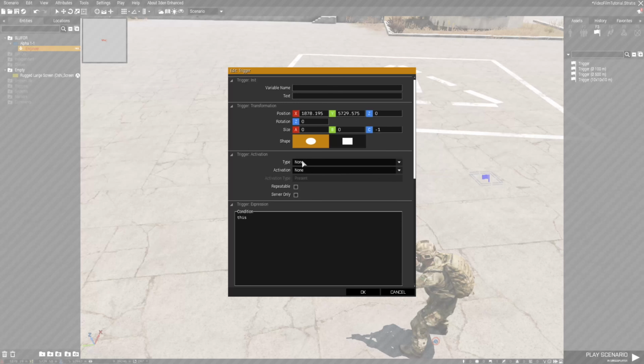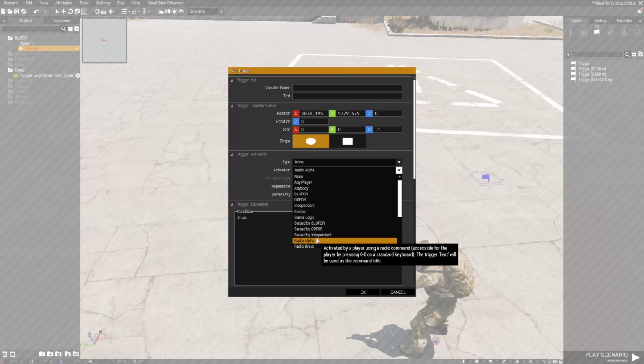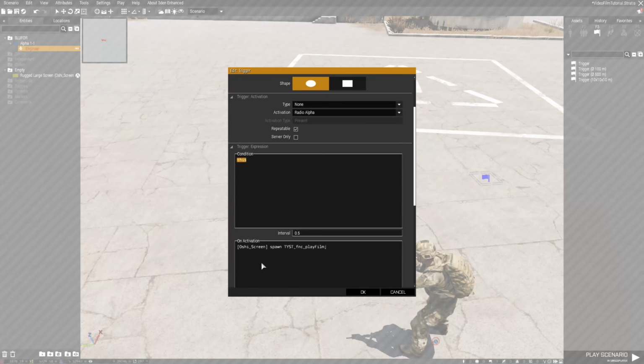Set it to be radio trigger, alpha, for example. Then inside the on activation field, drop this line: [Ushi_screen] spawn tyst_fnc_playFilm;